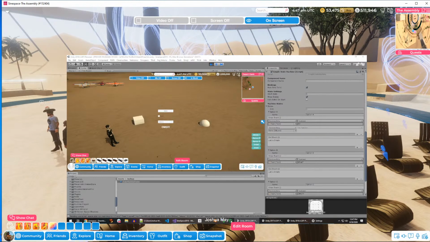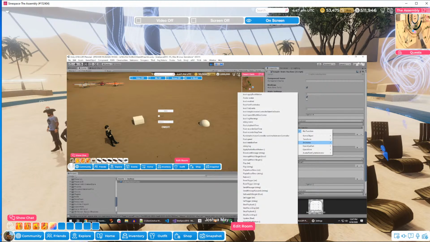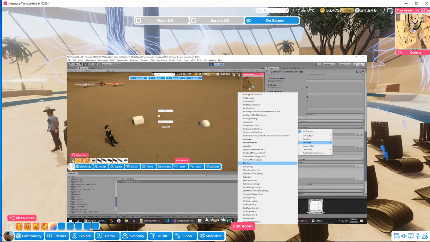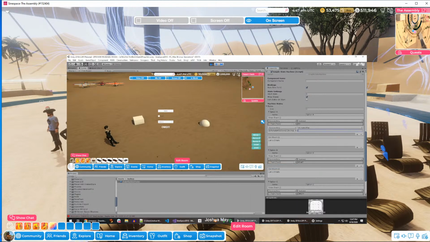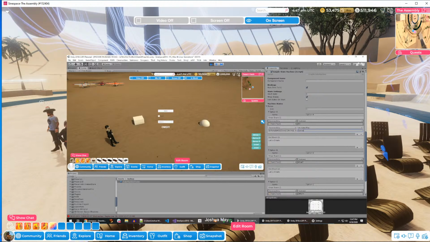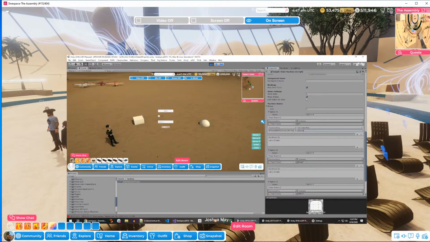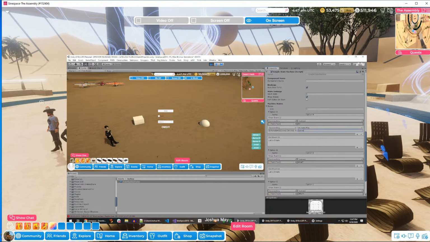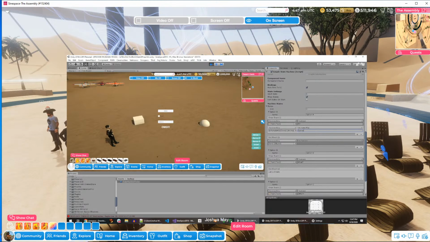So if I drop in myself, I'm an object with an animator on here. I can come down here to the animator component, and for example, I can say I can reset a trigger. I can play a specific one. So like this, I can say play the dancing state. And if that animator has a dance state on here, then when this happens, it will automatically cause me to start dancing. So basically, and then I could have the same event here where I stop dancing if I leave